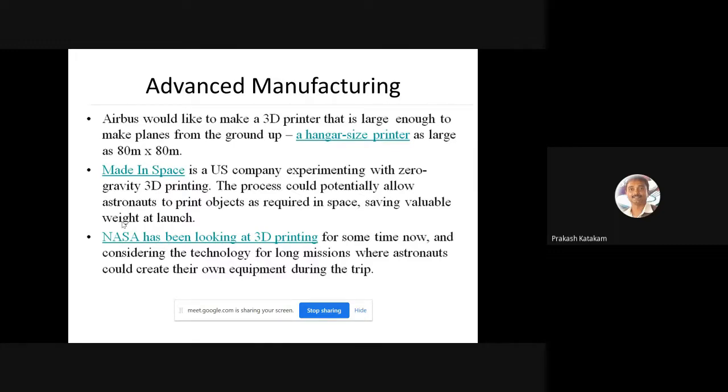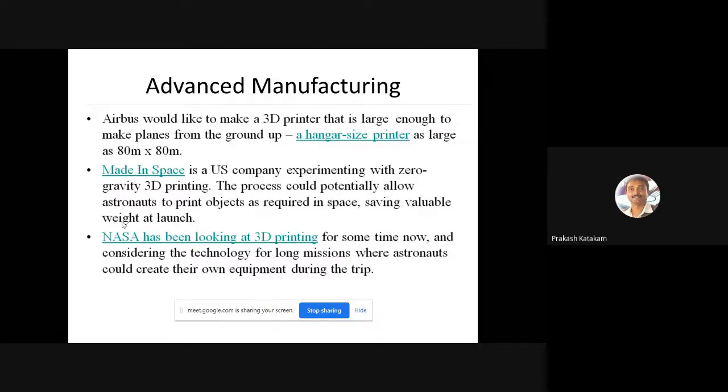Also, nowadays, any object could be made by using any size of printer. So, for example, in civil engineering, they are using big printers, the size of a house, to print a house. In space, US astronauts are trying to make objects at zero gravity. So, for example, if any tool is missing or any extra thing is needed in space, we may just easily print it by using raw material.